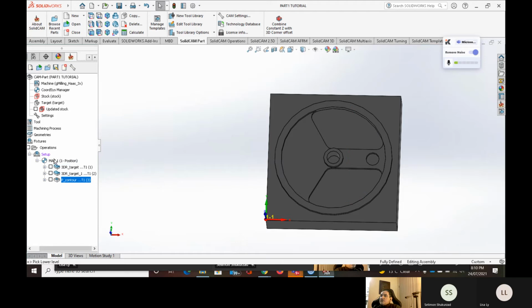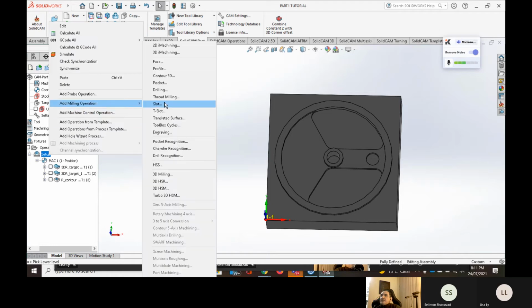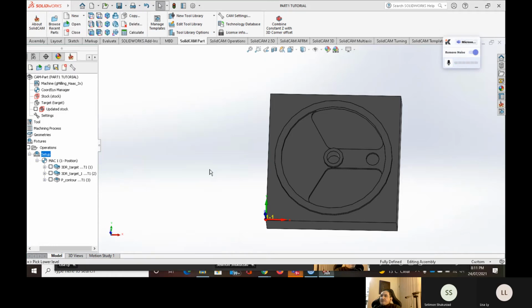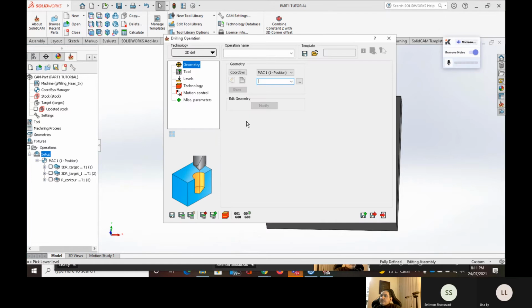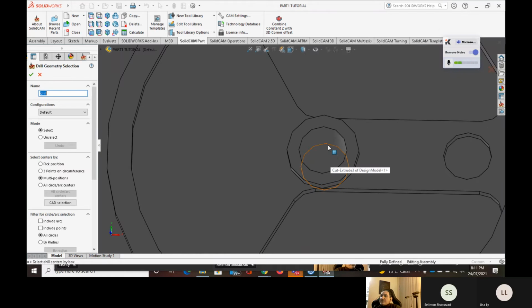Now the only operation left is drilling of these two holes. So again, to make them separate, because you can see that the depth is different. So set up insert milling operation is going to be drilling. And once again, I only need to choose what to drill. So if I'm going to click on this edge here,